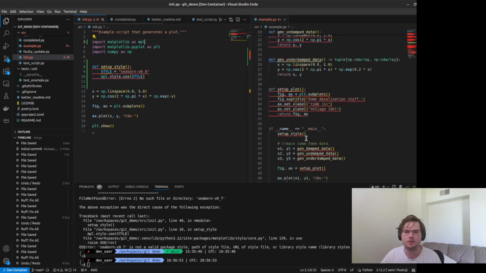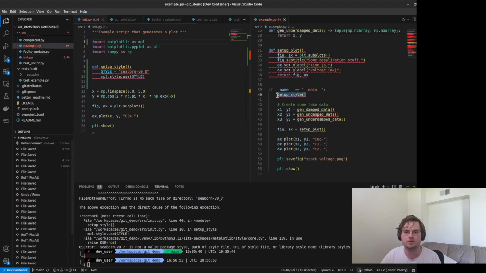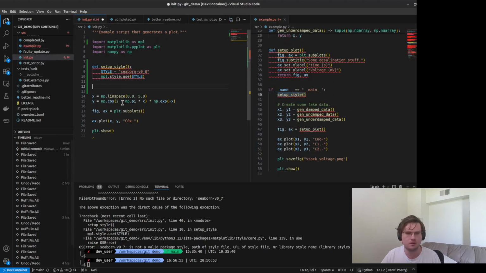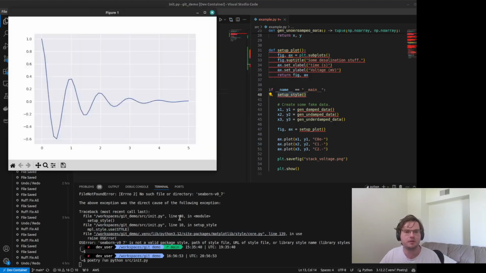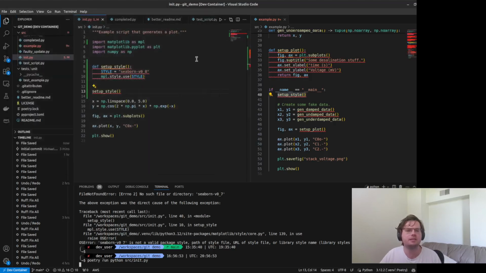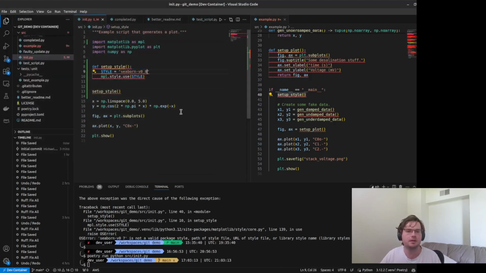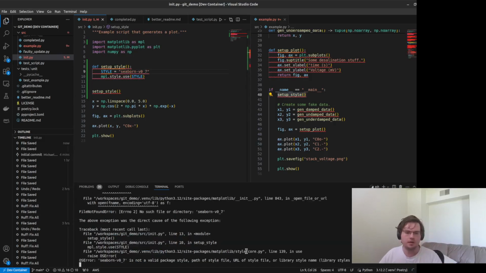And then I'm going to run that function. So now if I run that file again, you can see in this case it does work. But let's say, for example, that I made a mistake. So let's make the same mistake that I was making previously. And I run that now, and it errors out.